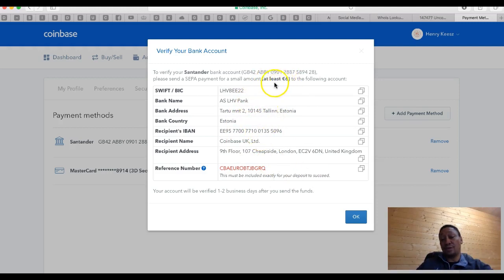so that €6, or whatever you want to transfer, needs to be at least €6, as they say there, so that they will then verify, and your bank account will be approved, so that you can then do transactions via your bank account instead of your credit card, should you so prefer. Here it says your account will be verified in 1 to 2 business days after you send the funds. So it doesn't take that long really. You transfer the cash in there, verify it, and you'll be able to use it,